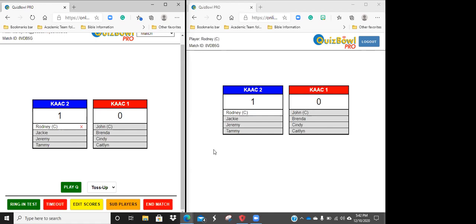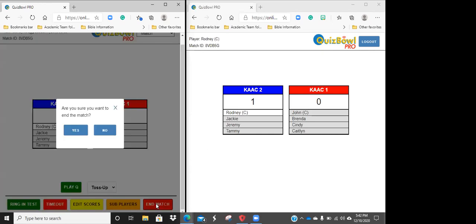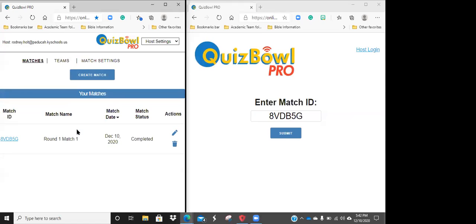Here's the last thing I'd show in the product, Rodney. If you click the in match button, kids are virtually shaking hands. This is done. Go ahead and click yes to close out the match. That brings you back to what we call the host settings screen, and you can see that match is marked as completed. Now, Rodney, if you'll go back into the match, if you click the match ID,